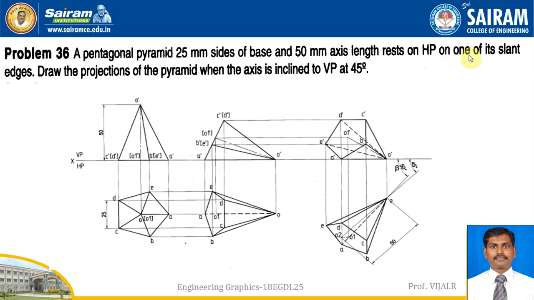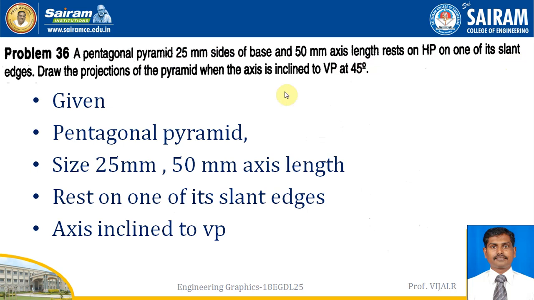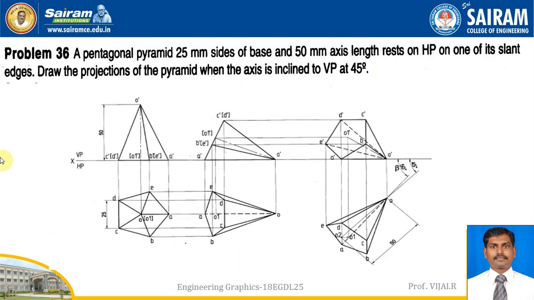Now another one is that is a slant edge. Earlier what we have seen, the apparent angle is not given in problem 36. So what we have to do is find the beta angle. In problem 36, these two we have done, and now we need the original axis height and the apparent axis height, that is, after inclination of the resting on HP, what is the distance we have to take, both we have to make here.